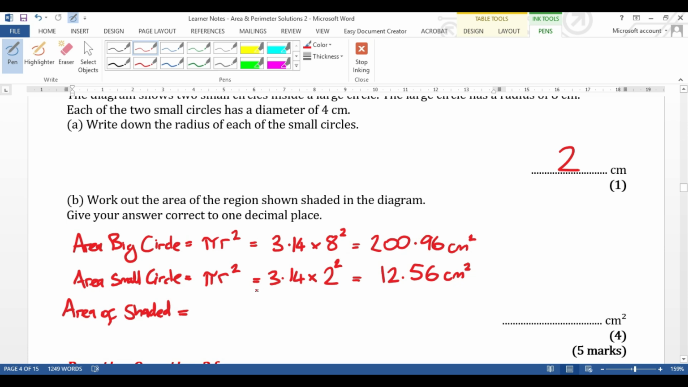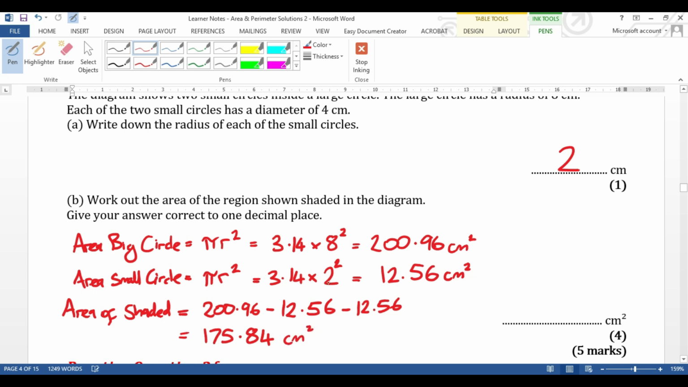So therefore the area of the shaded region gives me, so the whole area 200.96, take away 12.56, sorry, for one of the circles, and you'll have to take away another 12.56 for the other circle. Which gives me 200.96, take away 12.56, take away 12.56. You could have doubled it and then taken it away, it's absolutely fine. I'll do it this way. 175.84